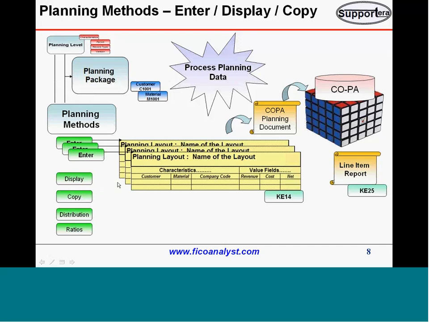So basically we have looked at planning level, which will decide where do we plan, and planning package, the values which are the data segments which form the planning package. And then planning method, you use to enter the data using the layout, and once you enter the data, you can use KE25 reports here, in order to see how the data is posted, the line layout, line item report you can see using the